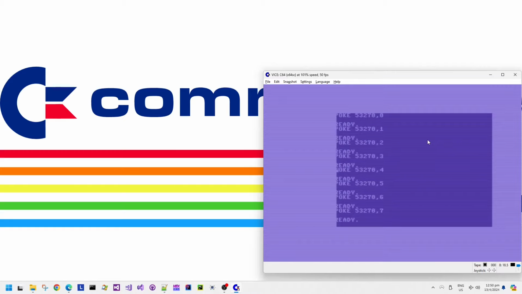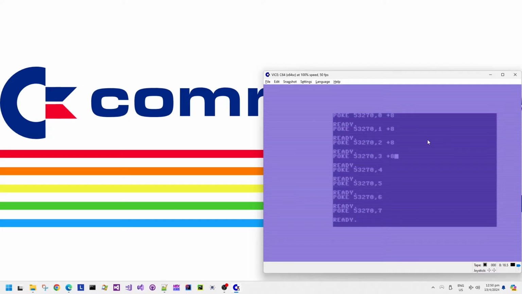At screen scroll position 1, 2, 3, 4, 5, 6, and 7, you can see that the cursor on the left becomes more and more visible. Or rather, the P from the poke statement becomes more visible. If I add 8, then that says switch to 40 column mode, which is the default screen mode without any scrolling. And if I enable 40 column mode, in other words, the border shows 2 extra screen character columns,